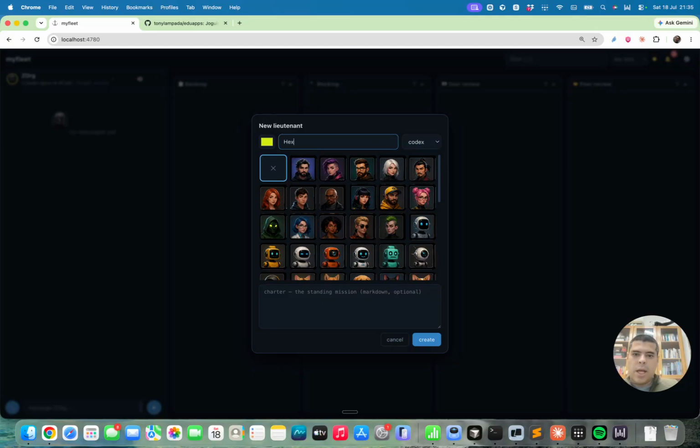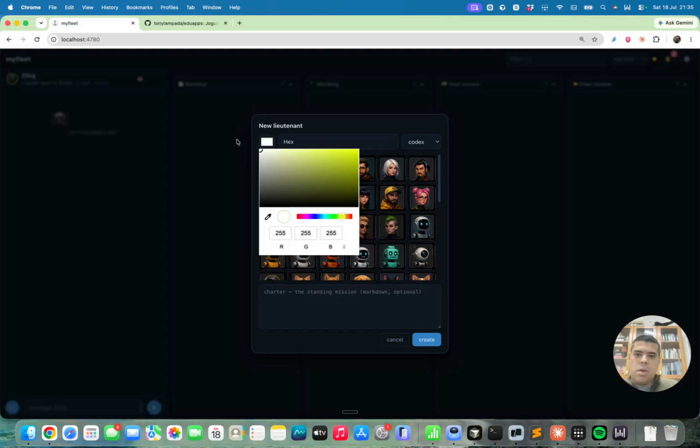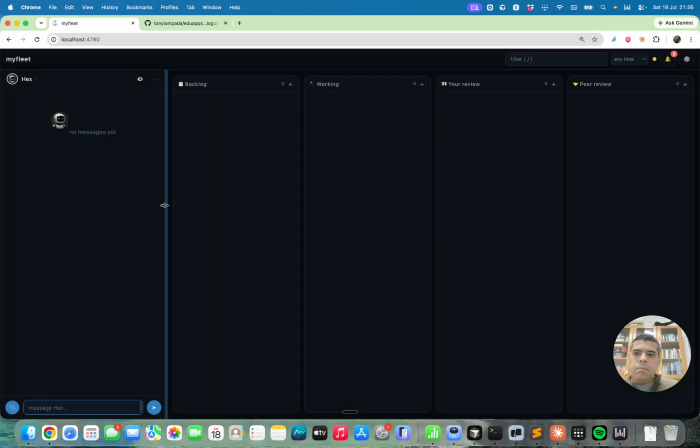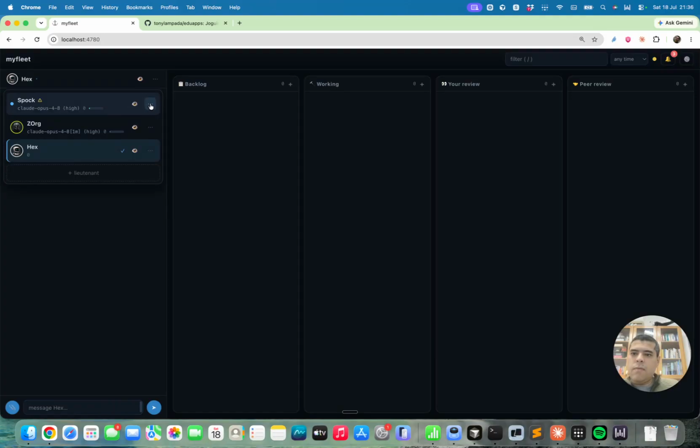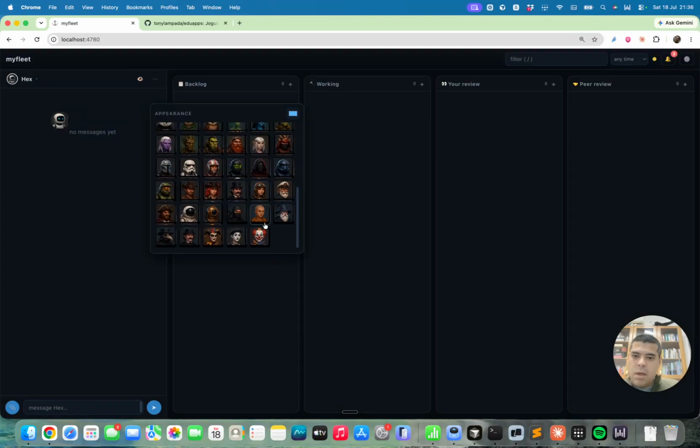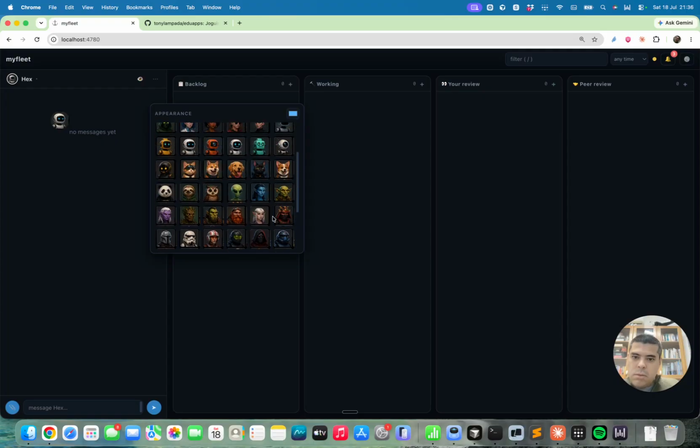We're going to call this Hex. It's going to be white, and it's going to be this bot here. Yeah, and this is going to be a Codex. So I have these three lieutenants. How about we give Spock an avatar? Appearance. I have a guy with